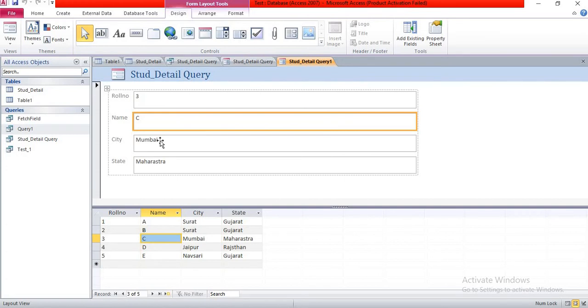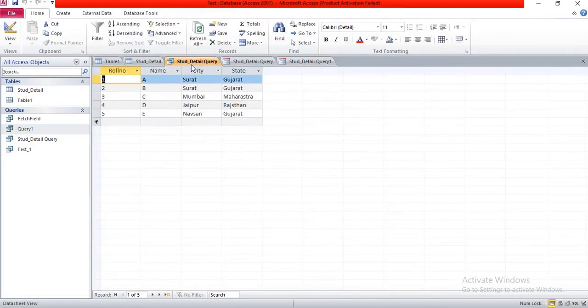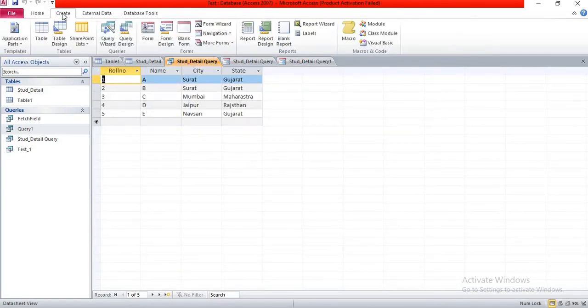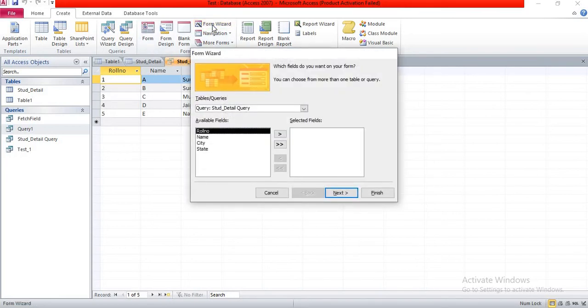Now our third form option is use of form wizard. Now go into the query. Now go into the create menu and you can see here the form wizard option. Click on form wizard. Now here suppose I want to see roll number and name. I don't show city and state in my form, so here you can select roll number and name, then next.